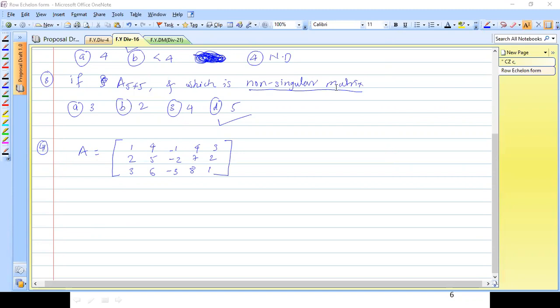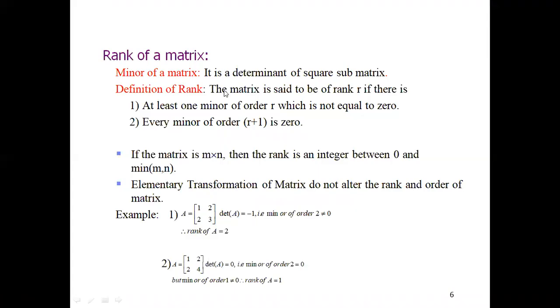See, in my definition of rank, do they mention whether my matrix should be rectangular or square? What is meant by a rectangular matrix? Number of rows not equal to number of columns. That is a rectangular matrix, and a square matrix is where rows and columns are equal. Whether they mention anything here in the definition? No, they are just saying